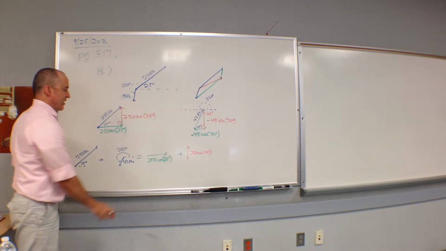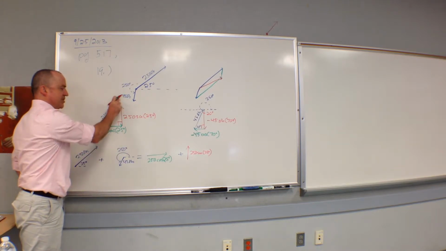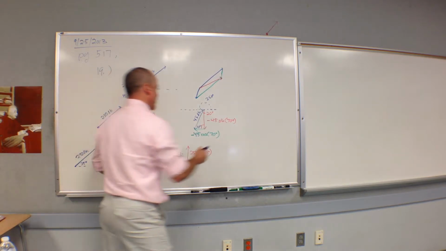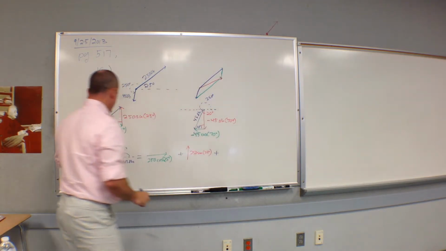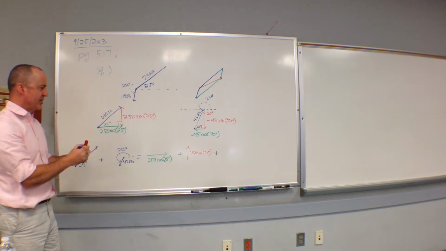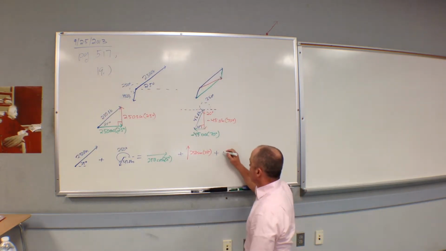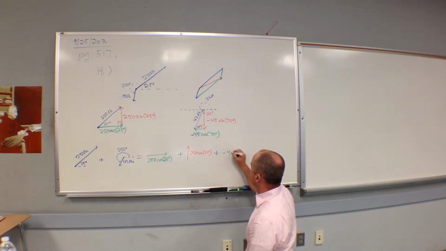Yeah. For that one right there, these two vectors can replace this 250-pound hypotenuse, right? Okay? And then for my 45-pound vector at a 250-degree angle, can I substitute these two vectors? Yeah. A horizontal one of negative 45